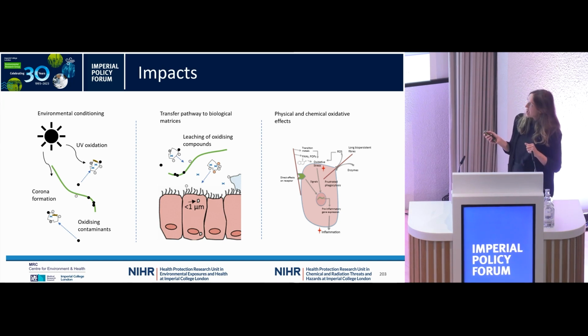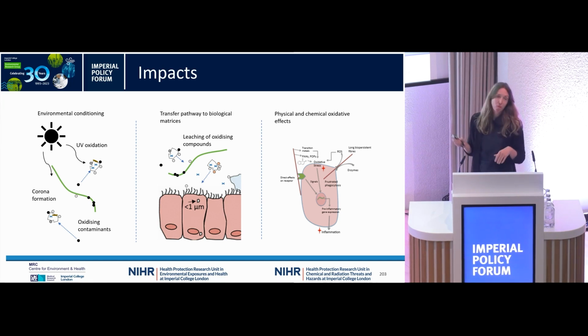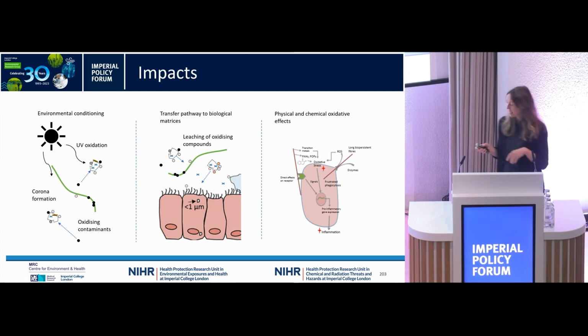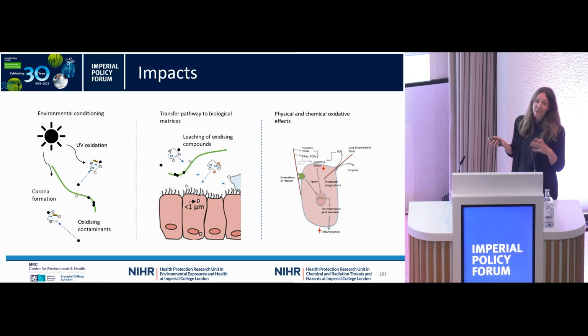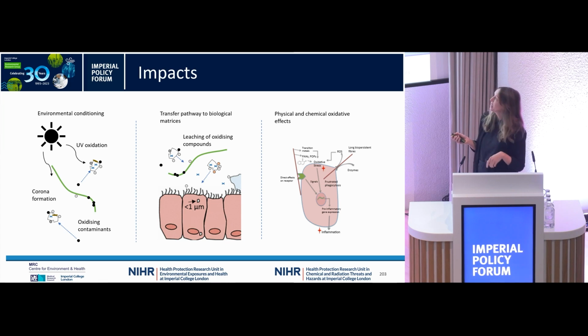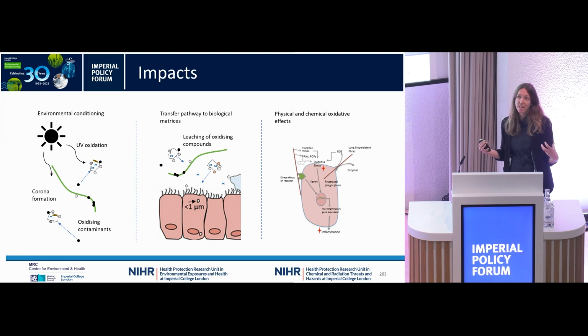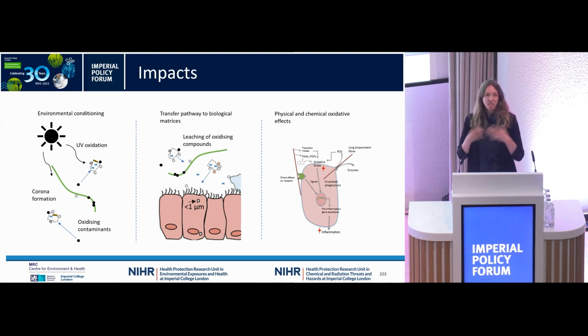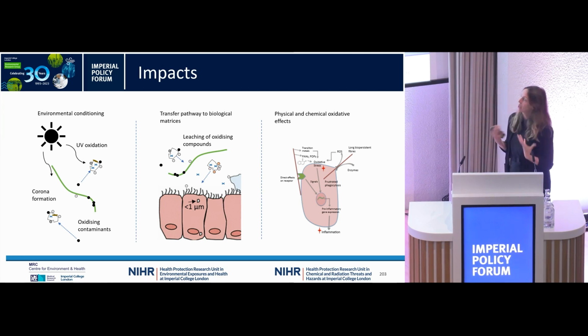So once inhaled, I guess one of the ways in which microplastic could theoretically cause harm is if any of those adhered chemicals or contained chemicals are released. So for example, if any metals are released into the lung lining fluid. And a big question here would be, does the amount of metal released from microplastic exceed that which we're already exposed to via, say, an inhalation pathway, or is it just negligible? So is there a major contribution to metal in lung lining fluid from inhaling plastic alone? Sorry, not alone, but from inhaling plastic as part of what we inhale anyway.